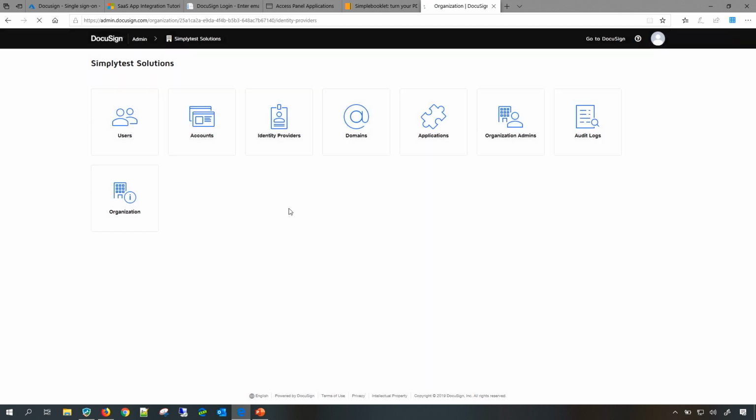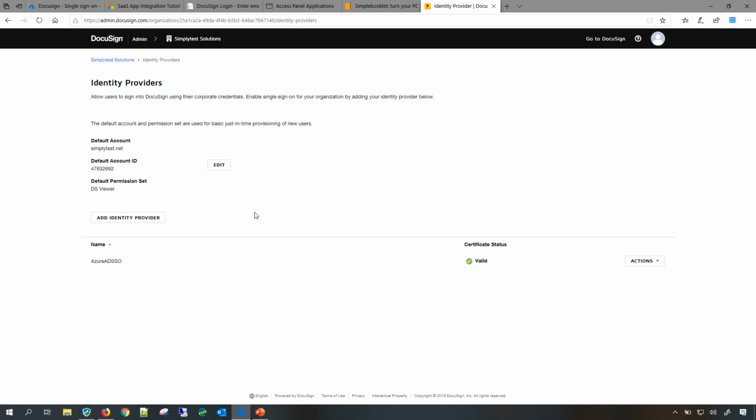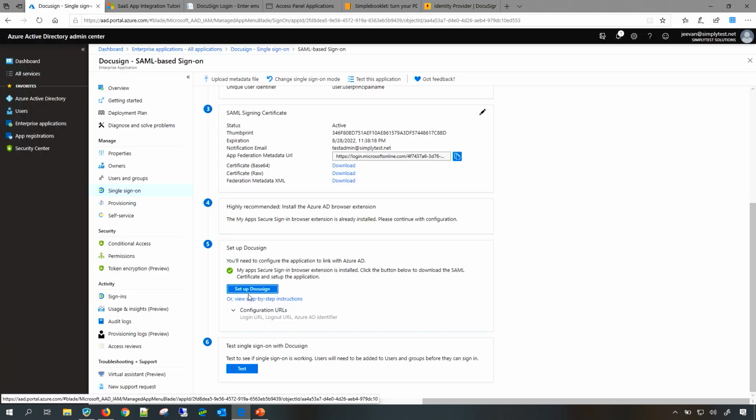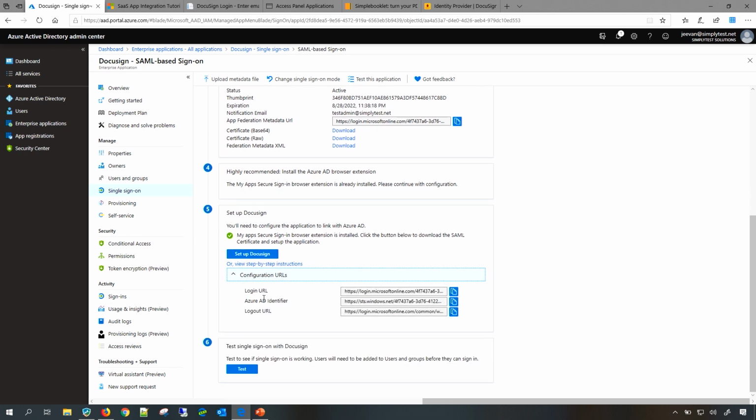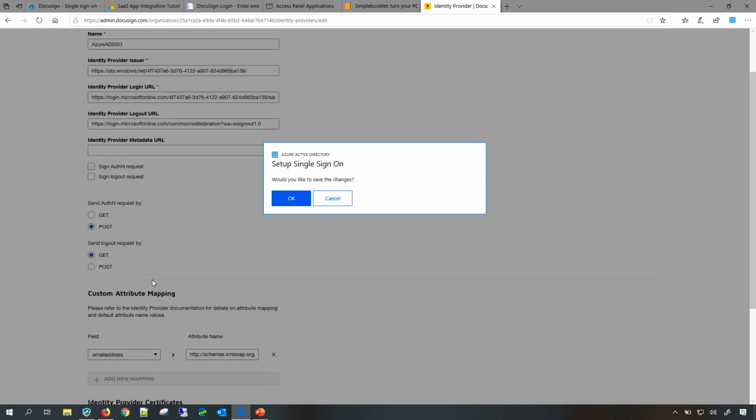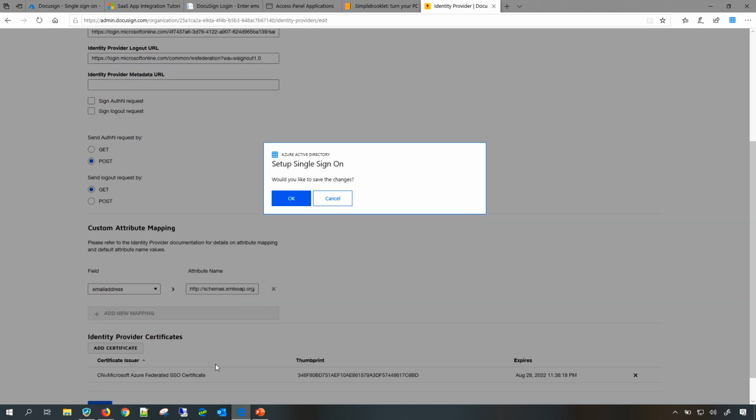I'm going to click on the yes button, and you can watch that this opens up the page automatically and fills out all the values. You can see that the identity provider, issuer URL, login URL, and logout URL are all populated based on my tenant. If you look at the login URL, which starts with some 4F7, all those values are correctly populated, options are correctly selected, and there is also a certificate attached. You can add a certificate manually if you want and map that particular certificate to your identity provider.